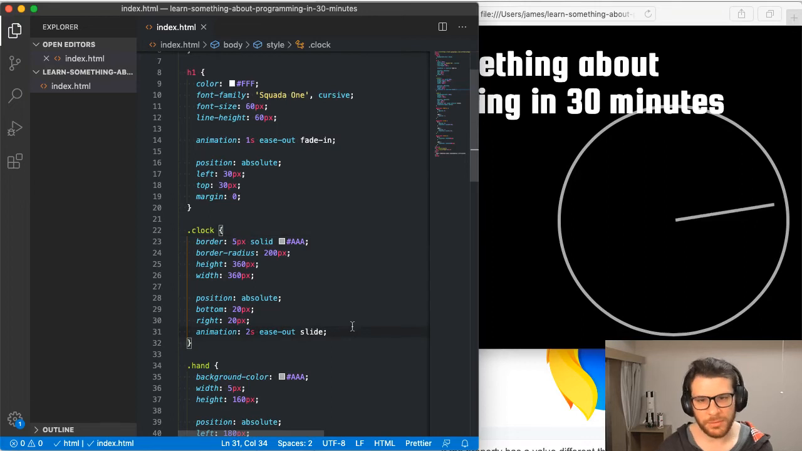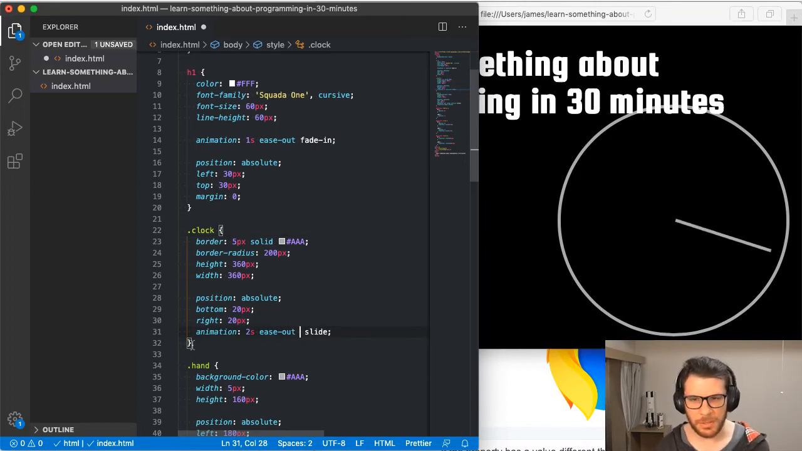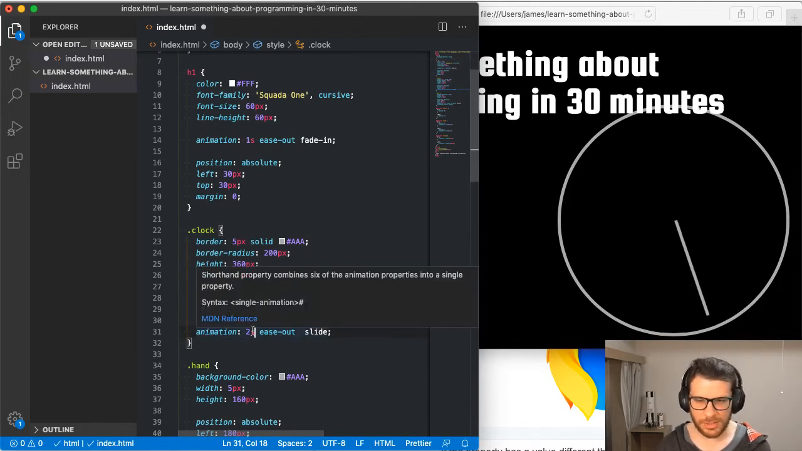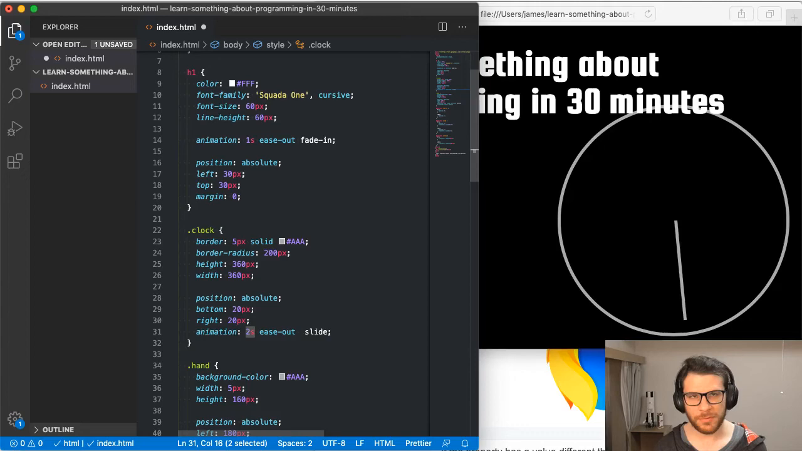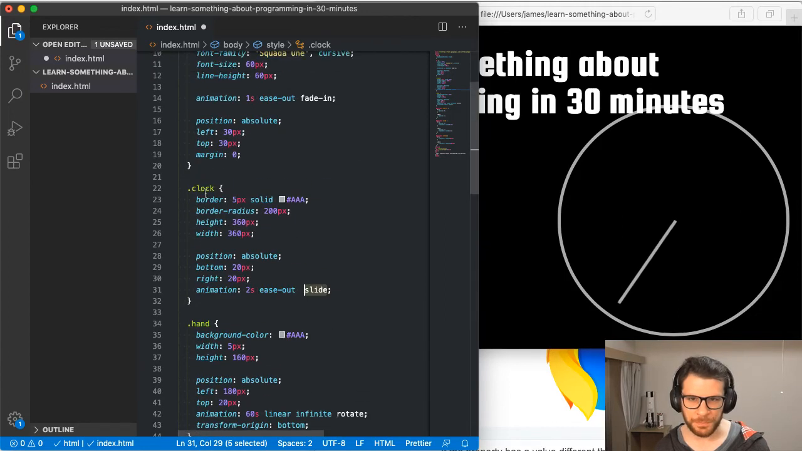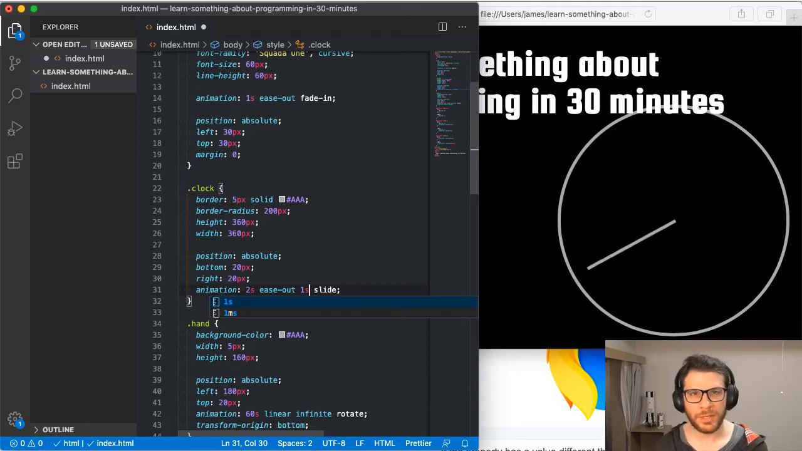So the way I can do that is by adding another piece of information to this animation property. I can add a delay, it's called. Just to cover this animation property again, the 2 seconds is the duration of the animation. This is the timing function. This is the name of the keyframes. And there's one more thing I can add, which is a second number, the amount of time between when the page loads and when the animation starts. So if I add 1 second here,